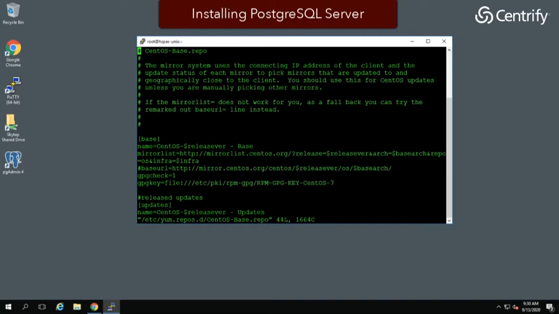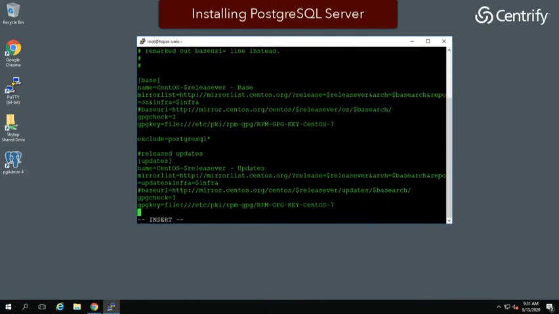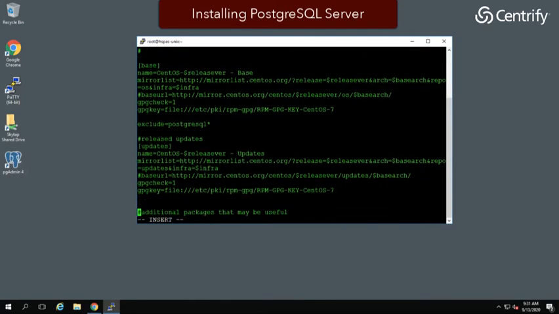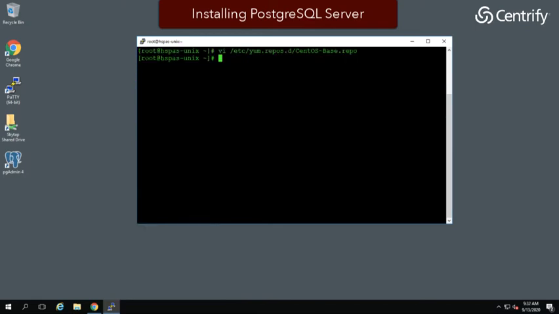And we do need to make just a couple of changes. It's the same line in two different locations. The first, we can come down here to the base, and we're going to type in exclude=postgresql*. Now we're going to type in the same command under updates: exclude=postgresql*. Okay, once that's done, we'll go ahead and save the file, and now we can proceed with